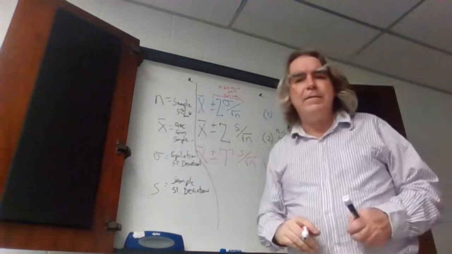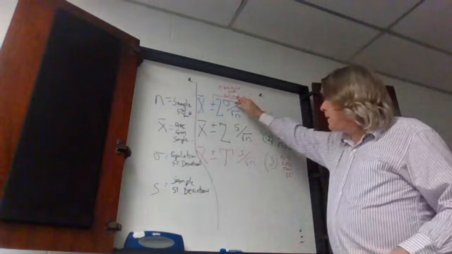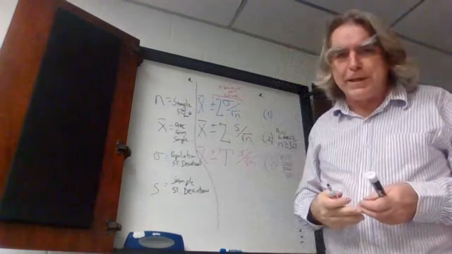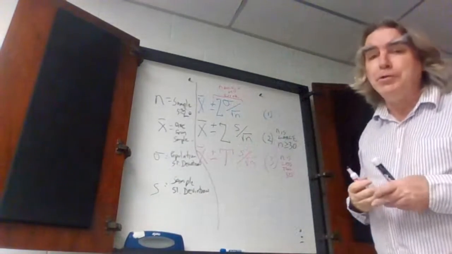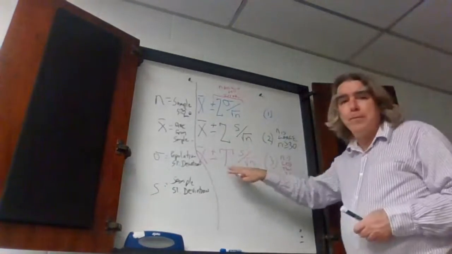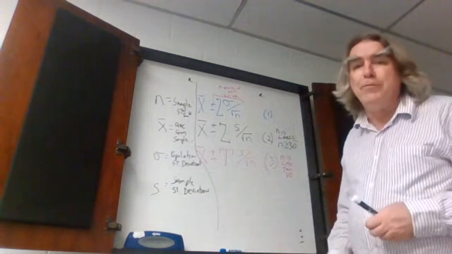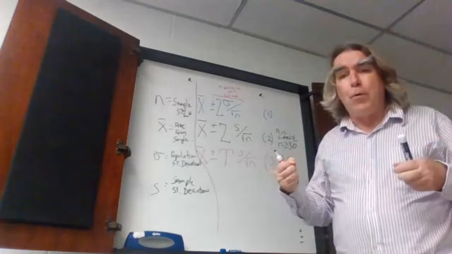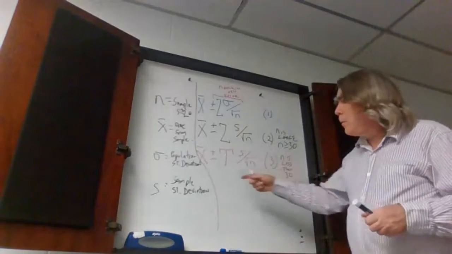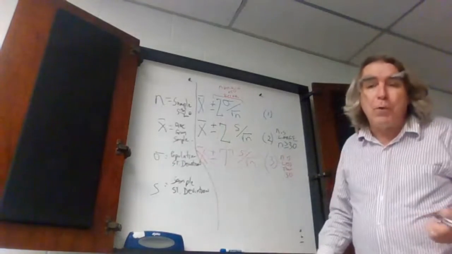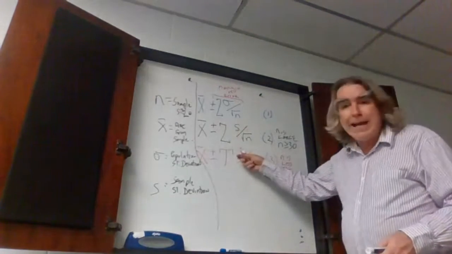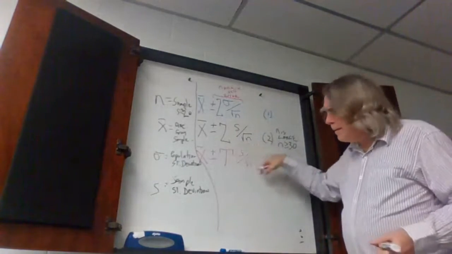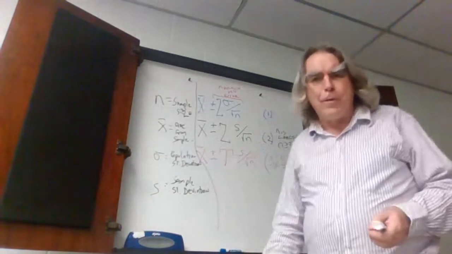then what we have to say is, you know what? Replacing sigma with S gives us a little bit too much uncertainty. And because we have too much uncertainty, we don't feel comfortable about using the same formula as we did before, because we are likely to be wrong a little bit more. Why are we likely to be wrong? Well, we're likely to be wrong just for the same purposes we always were likely to be wrong. But since our S is going to be possibly wrong, then that formula doesn't work anymore,